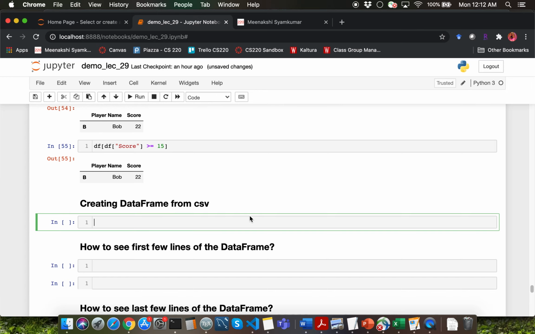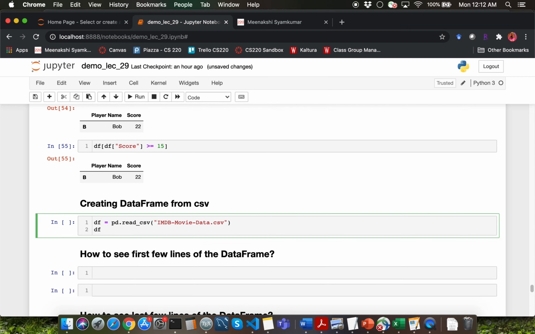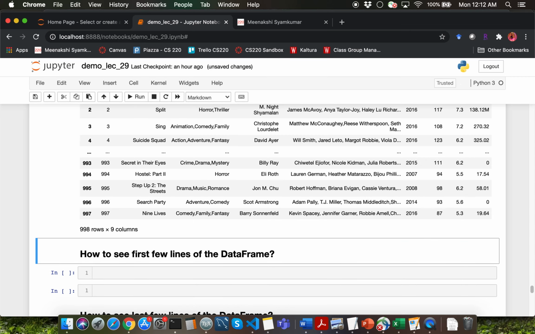The syntax is simply pd.read_csv, and as an argument you'll have to just mention the name of the CSV file that you're interested in reading. So I'm going to mention the name of the CSV file, I'm going to capture the output into a data frame, and let me go ahead and display the data frame over here.